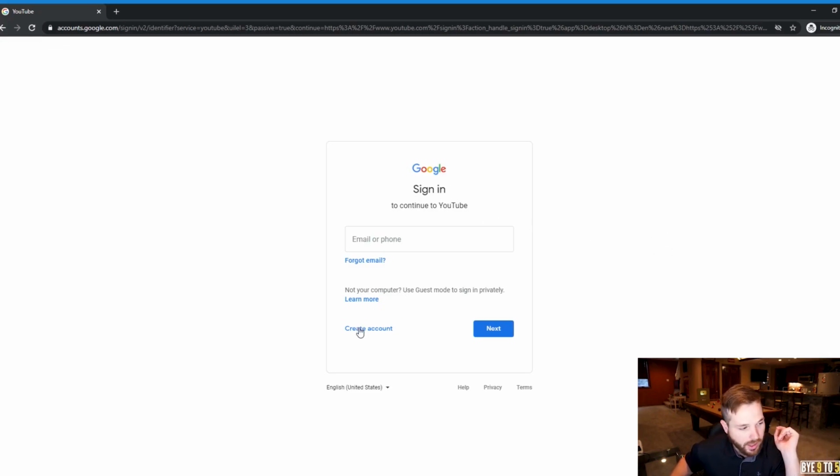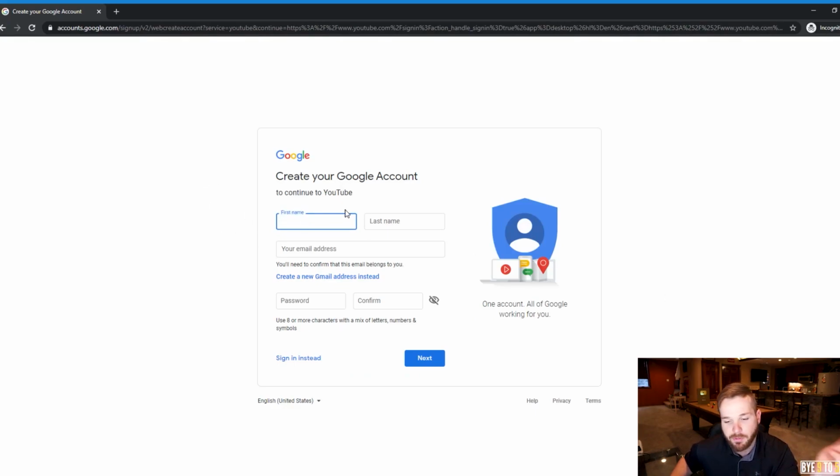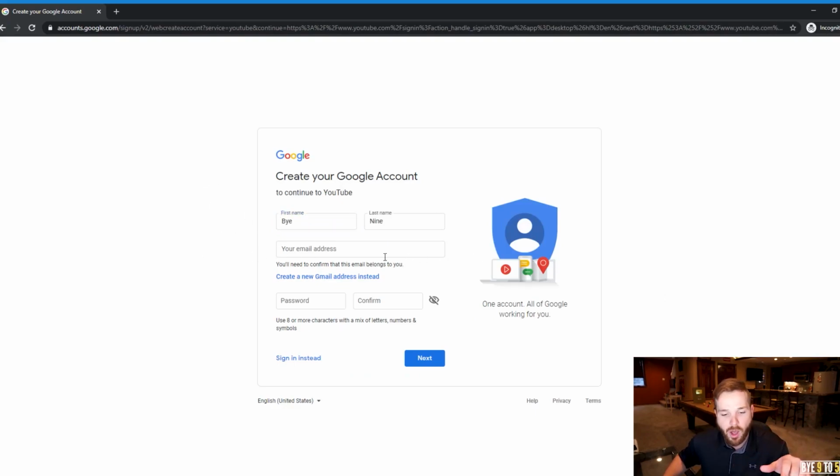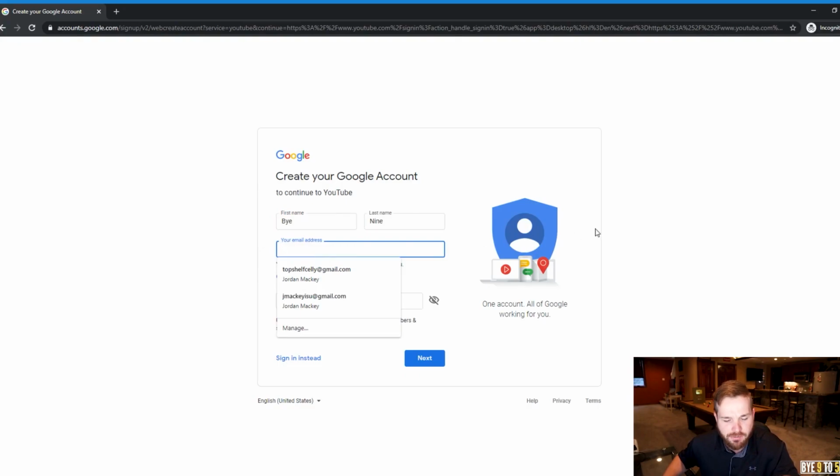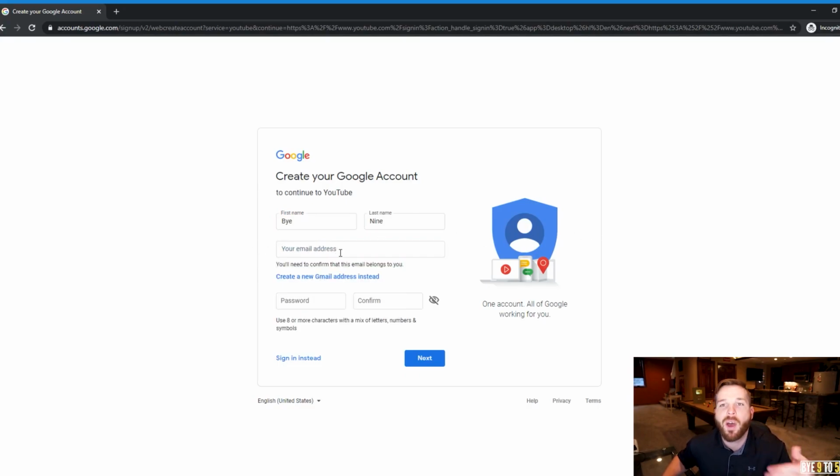If you don't, then go ahead and click create account, and then you can choose either one of these. It really doesn't matter. I would just do to manage my business. So then type your first and last name. Now, I'm not sure what email it's asking for here. I think it's if you don't have a Gmail, you can enter a different email address. But I recommend just creating a new Gmail address. So click that button if you don't have one yet, and then type in what you want your Gmail to be. So we'll do